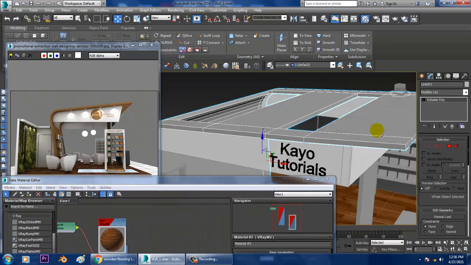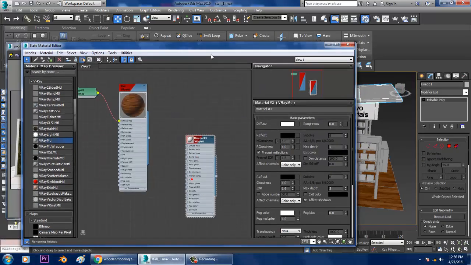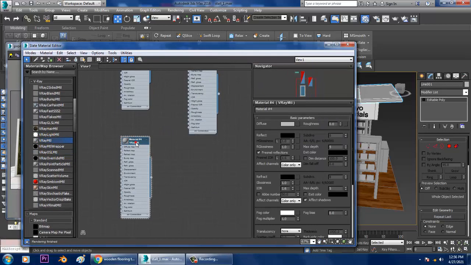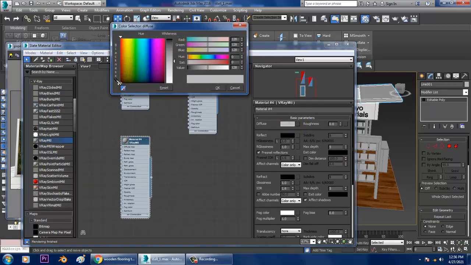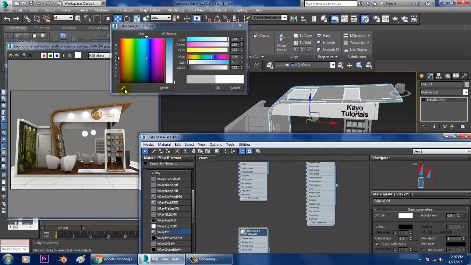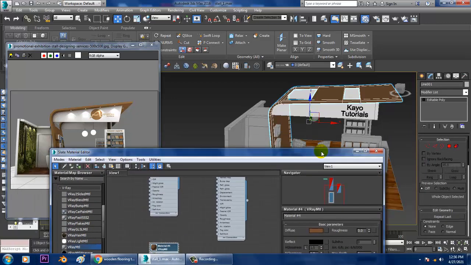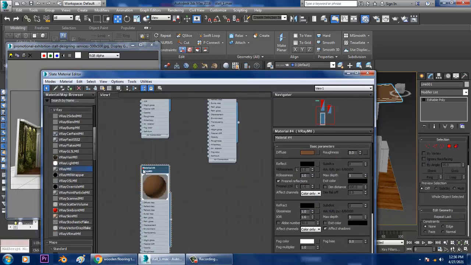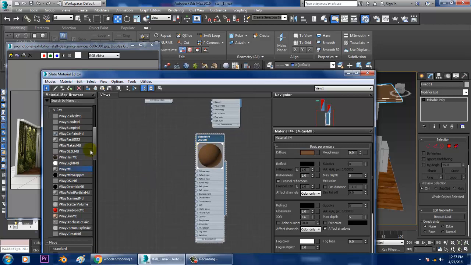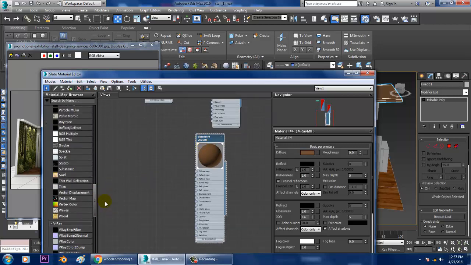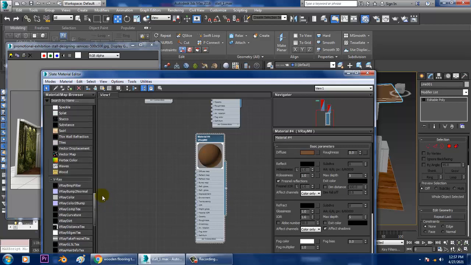Select this, the top part. Again, let's take a V-Ray material and I'll go into this. I'll pick a color and assign that color. If you want to make it a bit noisy, I can add a bit of roughness and add a noise.